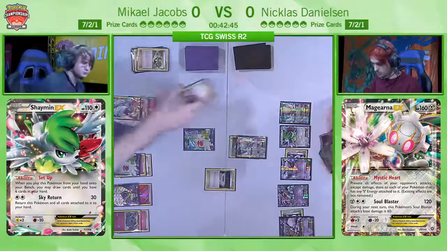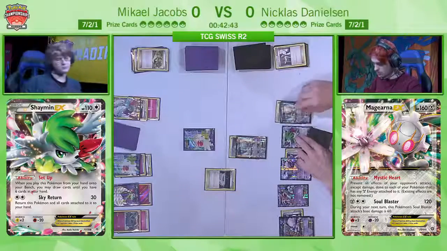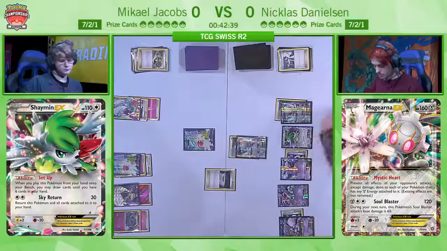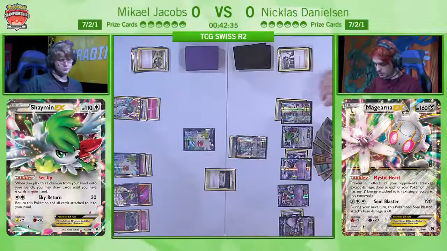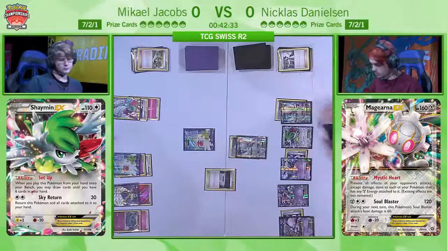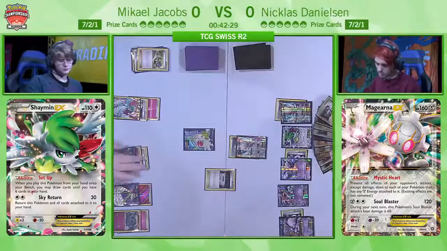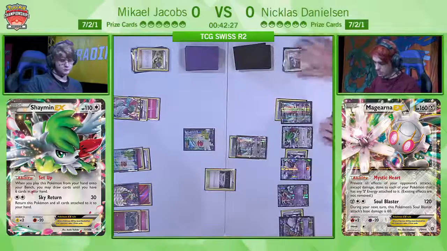So it looks like Nicklas is going to miss the attack next turn, which is, well, this turn rather, which is a bit of a shame for him, but he's going to have to be content with attaching a Metal Energy to his bench beginner, and he's probably just going to have to pass. Yeah, it's kind of unfortunate for him, but I don't really see a big problem with it, because like Magiana only has